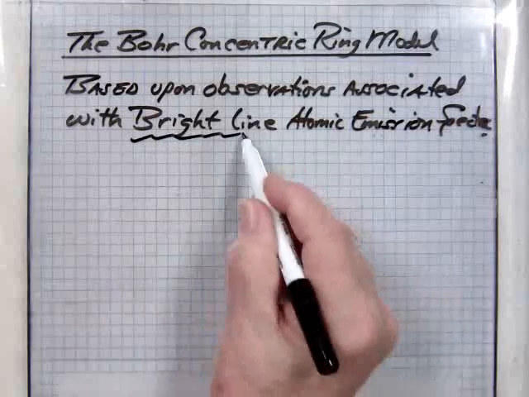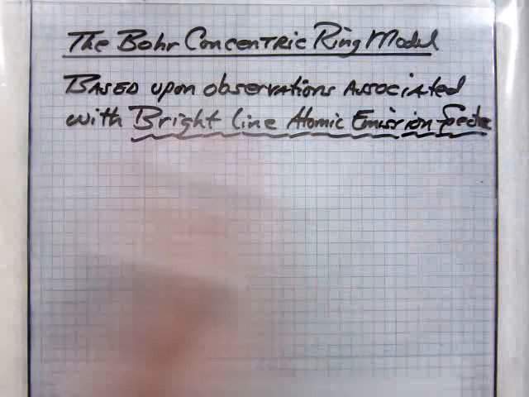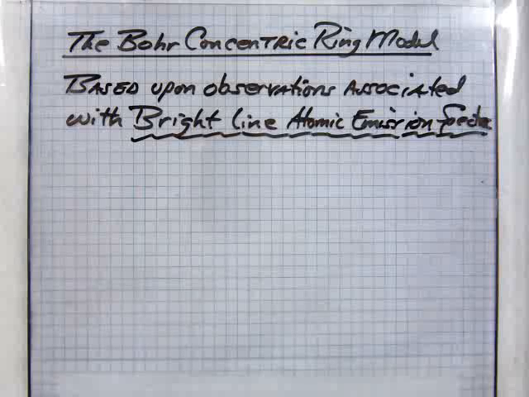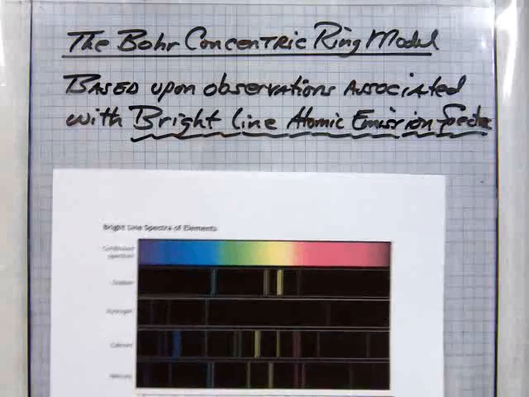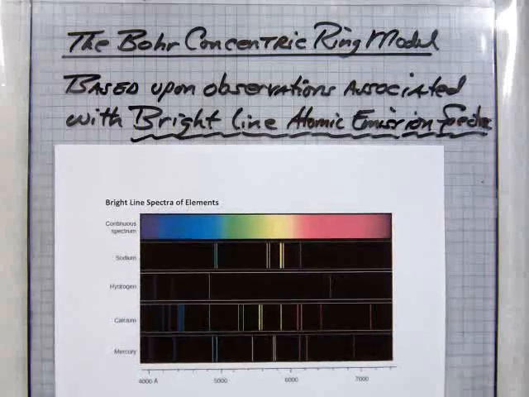The handout that I gave you shows some bright line spectra that are observed when we study bright line spectra of certain elements. So in this graphic here,